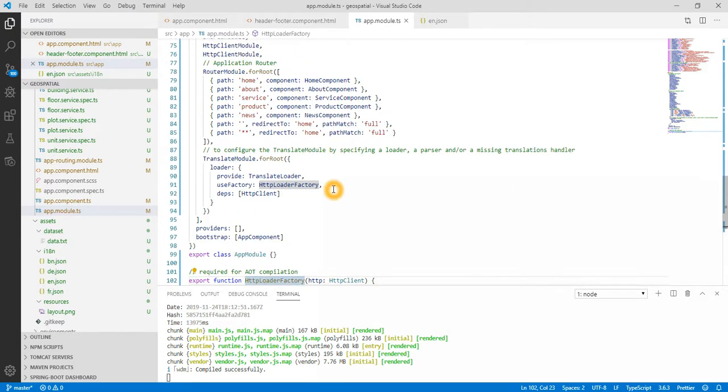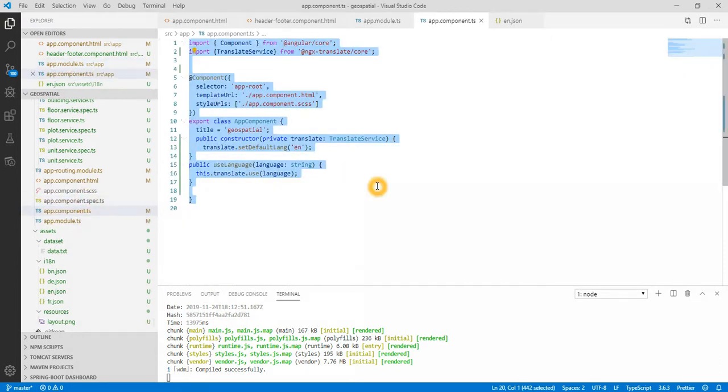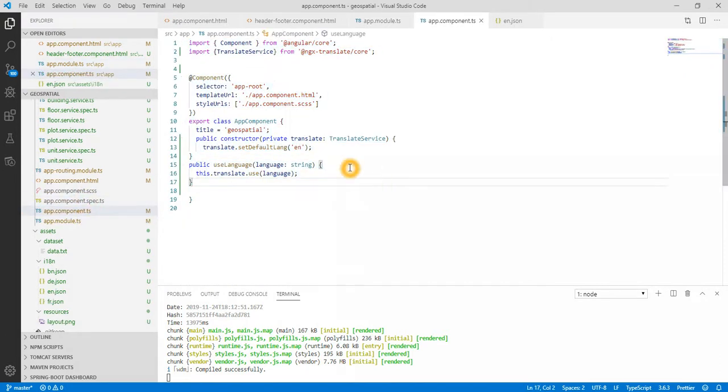So then you need to do here the app components modules. Use just app components. This is a global class, and then this is the project name. Then in the constructor you need to set the translator service from Angular. You see the NGX translator core. Translator service is here, and then you define your